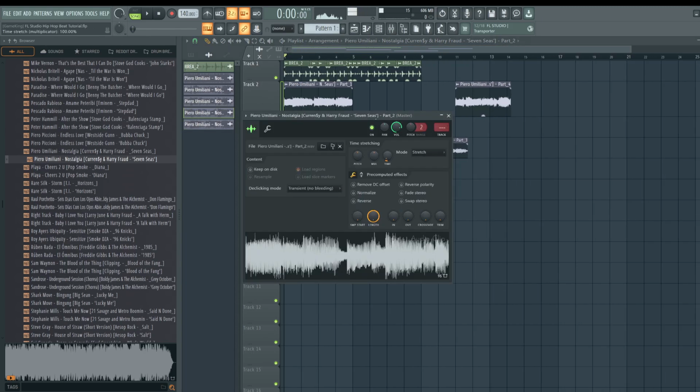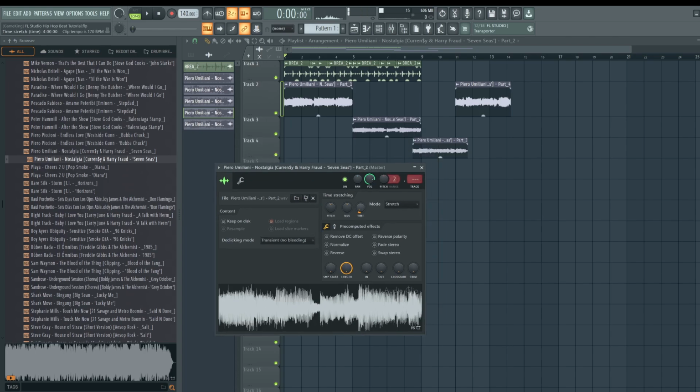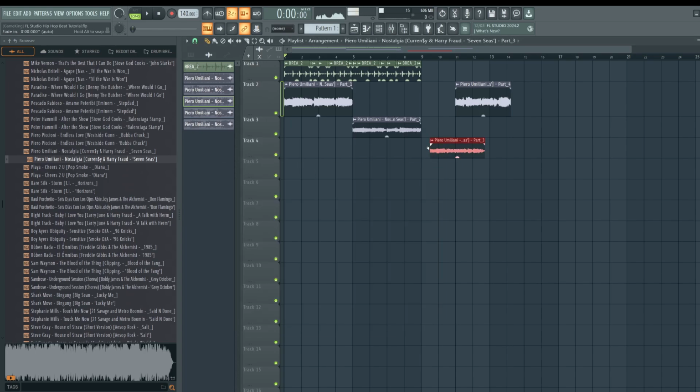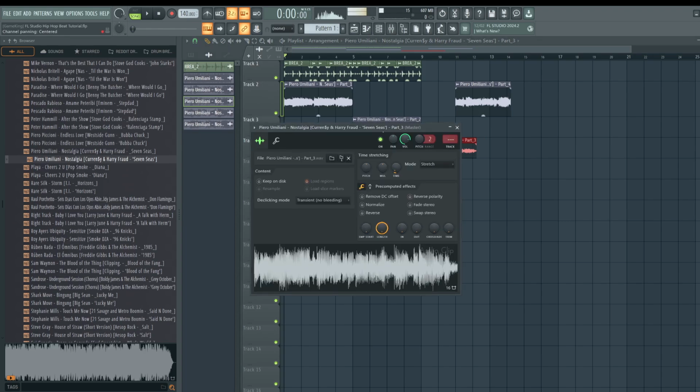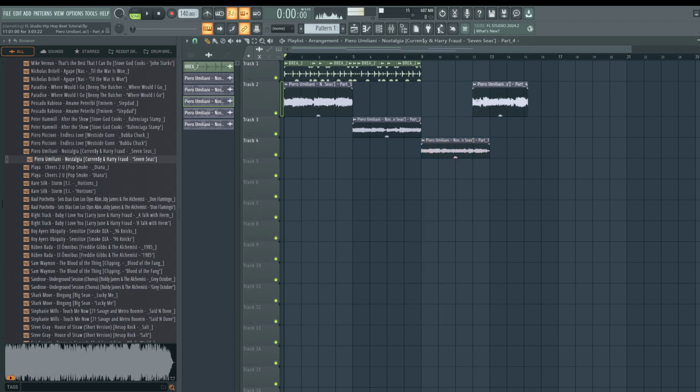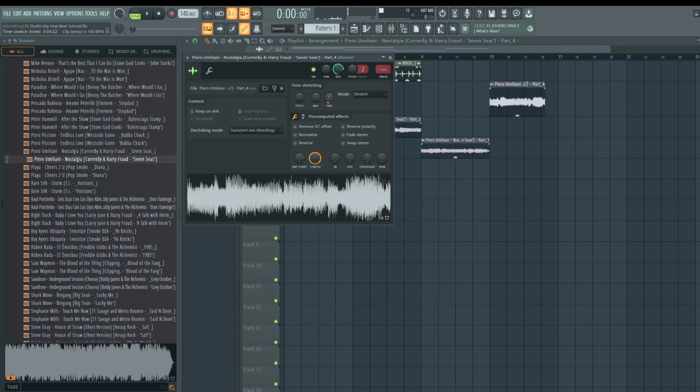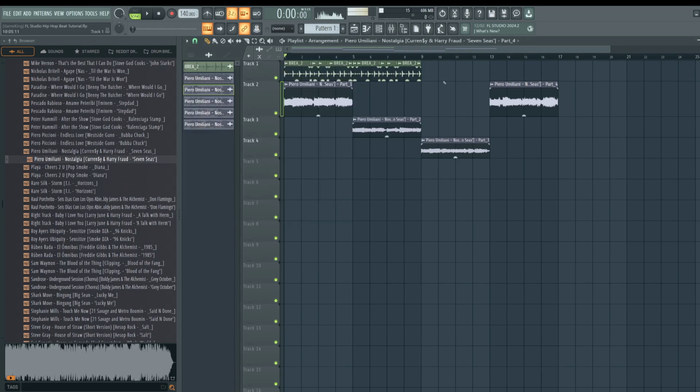Double click here. Let's go to sample, go to the time knob, drag that to be there. Let's hit Shift Q, double click, stretch mode, time knob, lock it to the grid. This is a nice workflow for you guys. Okay, and lock it to the grid, boom. Now all we need is our drums.